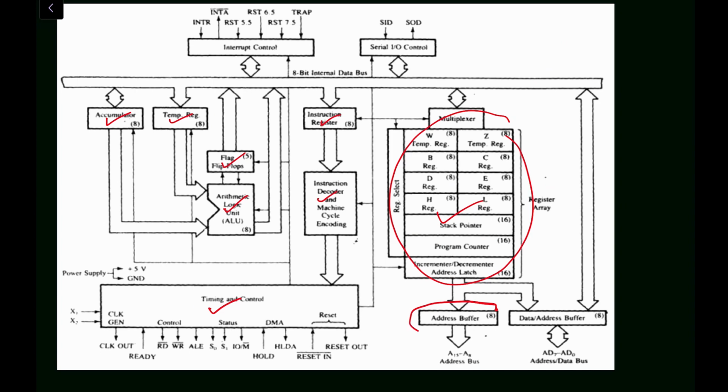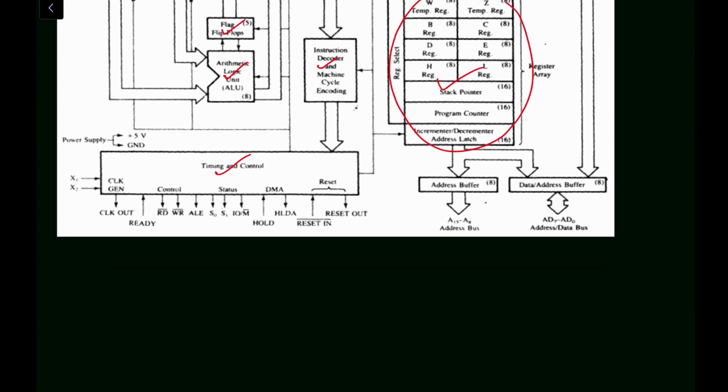So we are left with the address buffer and the data address buffer. Now let me explain them one by one. We have the address and the data bus register. Here you have to understand, it is an 8-bit processor, an 8-bit NMOS processor. Here AD0 to AD7 means address data, A for address, D for data. You can see the address and data bus is bidirectional. You can see the arrow is inward and outward also, so this is a bidirectional bus.